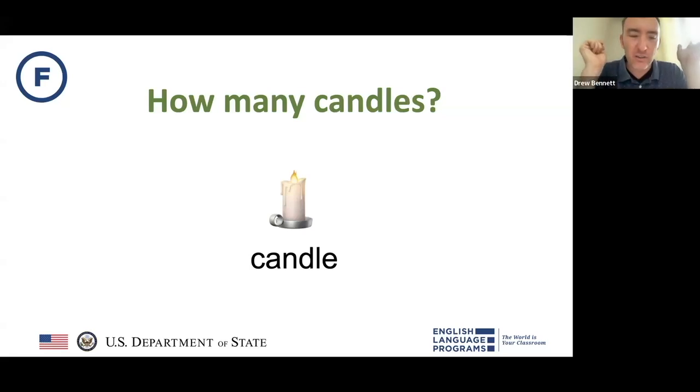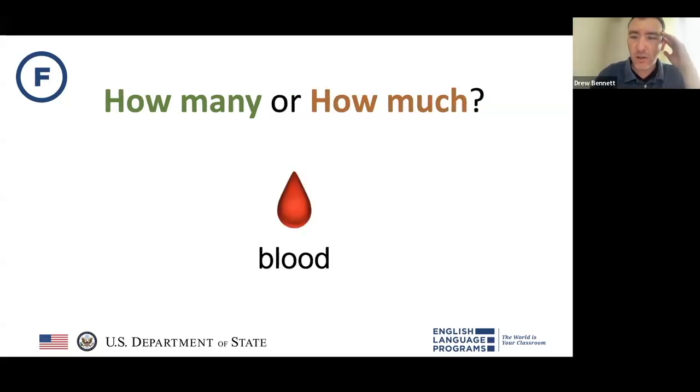There are 10 candles on the shelf. What's the substance that makes a candle? What is a candle made of? Wax, right? So you know it's a substance, just like a fabric. So what do you think wax will be? Is it going to be many or much? Much. Exactly, right? How much wax do you have? How much? Exactly. So here's the next one. Blood. How much? It's a drop.